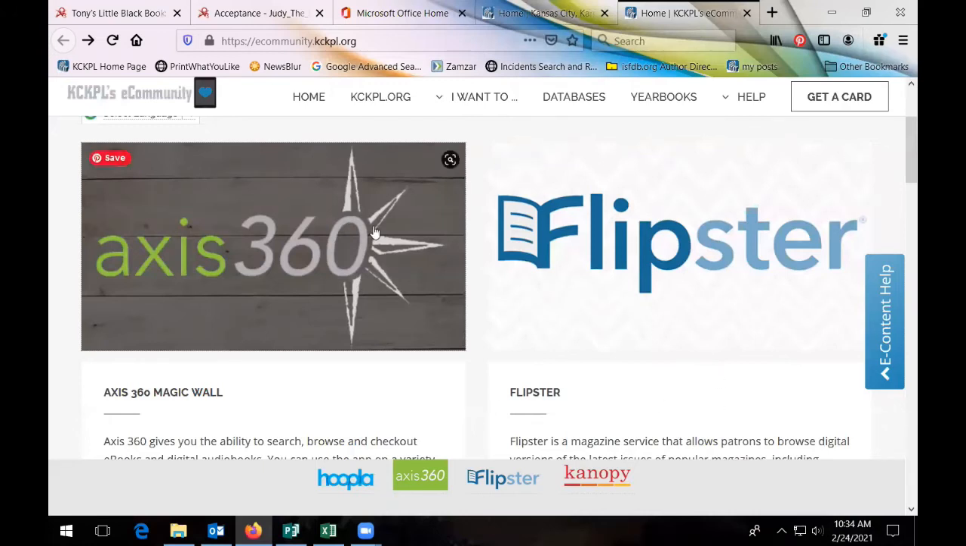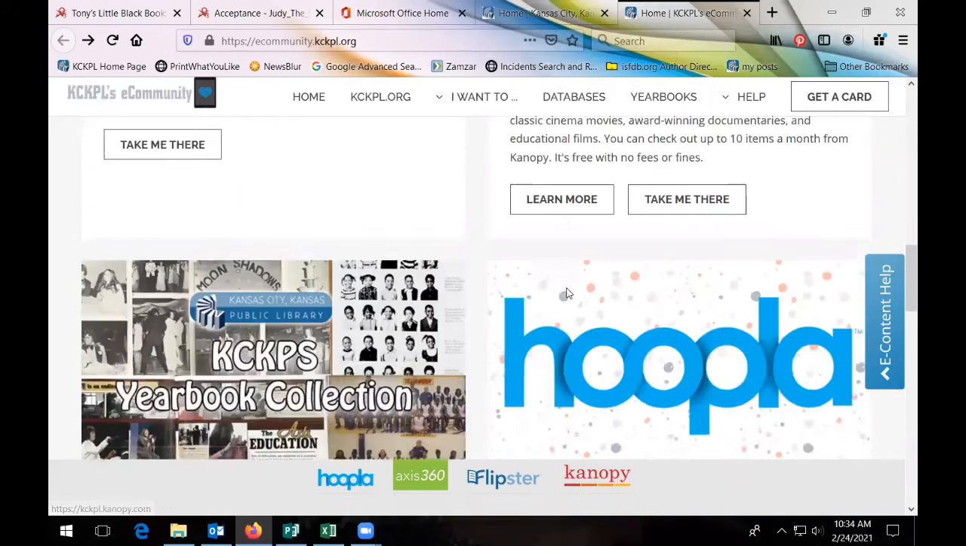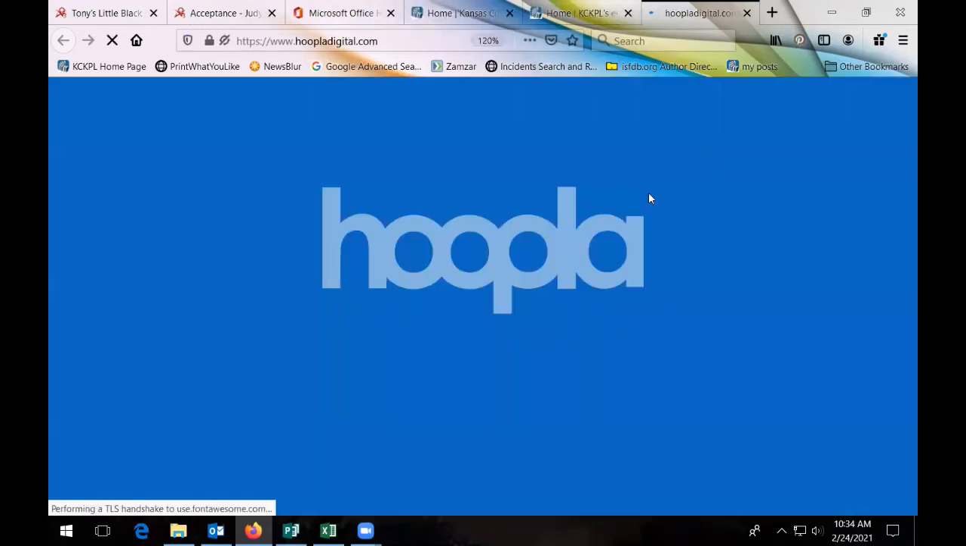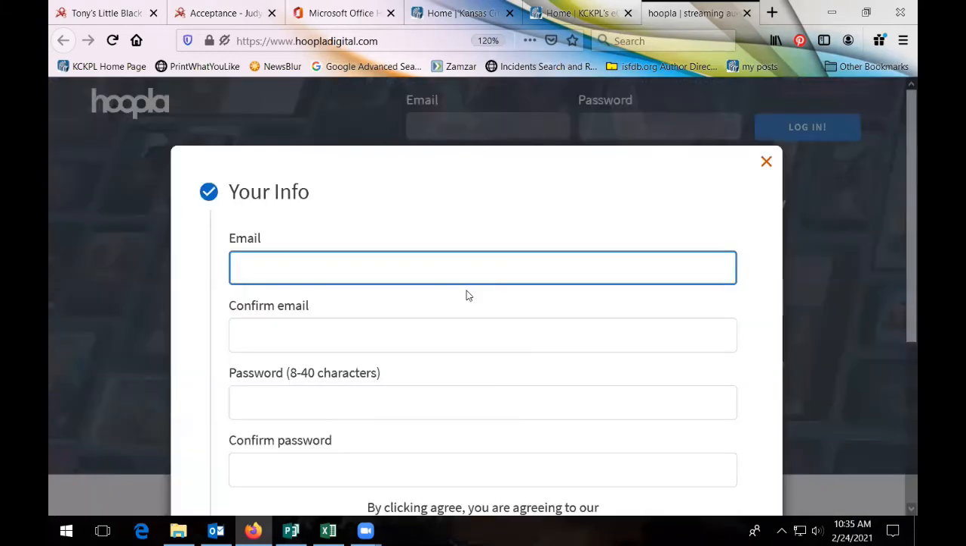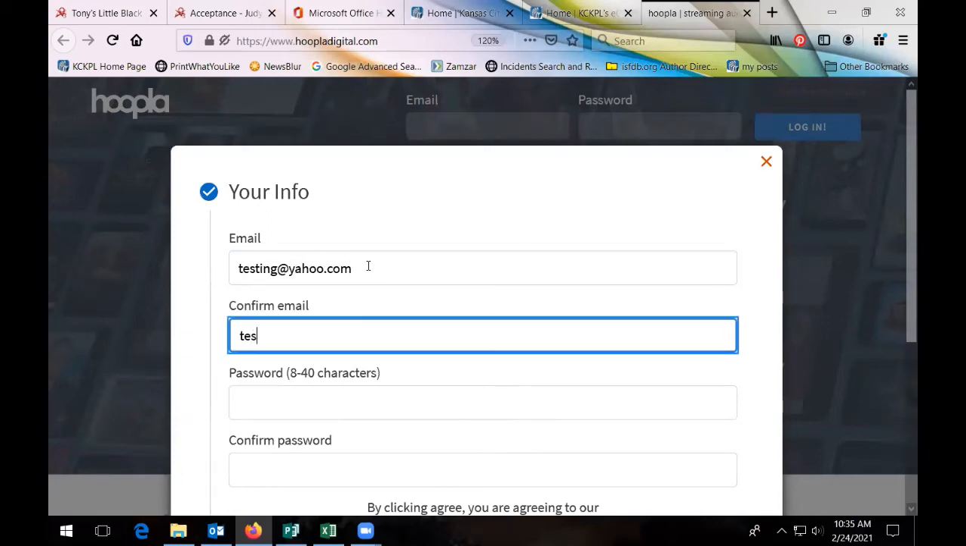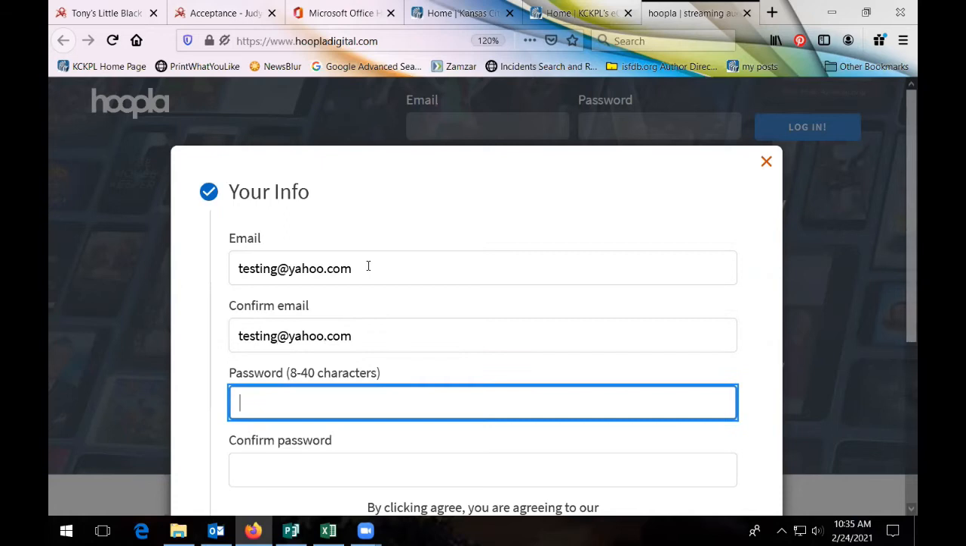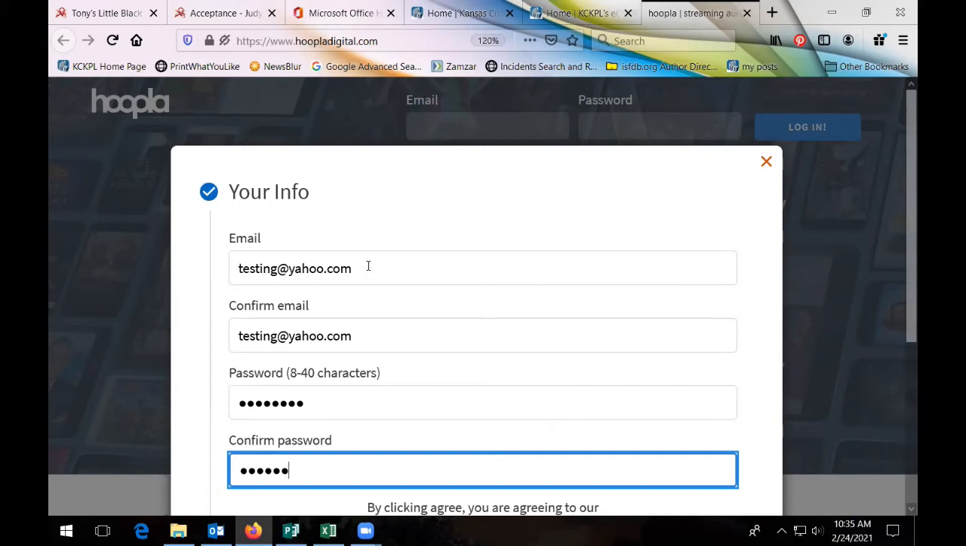Come back here, and the other system we have, if you scroll down, is called Hoopla. And it works very similarly. Now this one, you do have to give them your email and password right up front. If you haven't done this already, you click here where it says get started today. Then you give them an email address. This is just a fake one. And test 1 2 3 4, test 1 2 3 4,